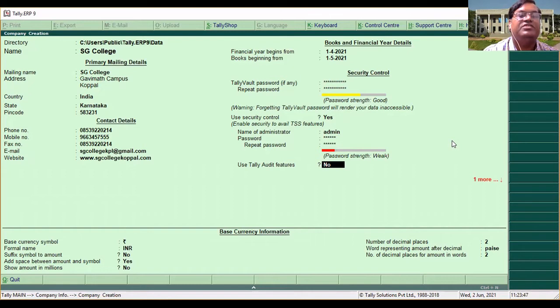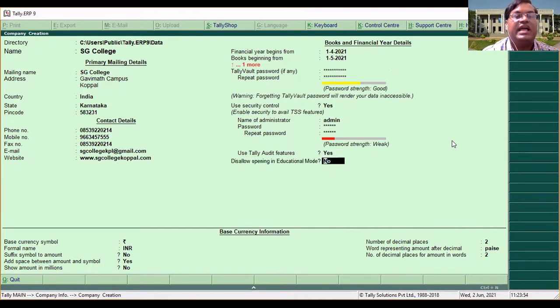Okay, and after that you have to press yes to use the Tally audit feature. The Tally audit feature is a special feature that verifies your transactions every time you enter into Tally, whether you are making correct entries or not, so you have to make it yes.